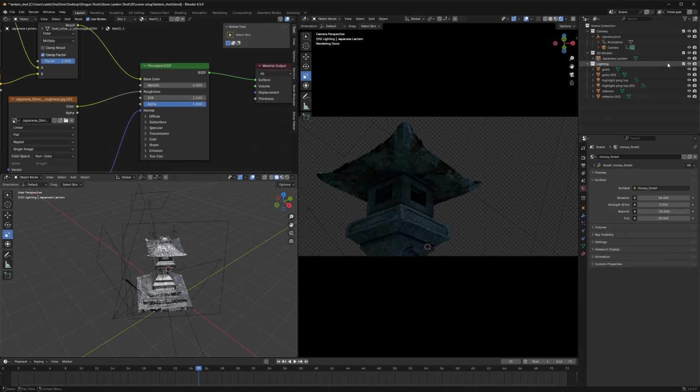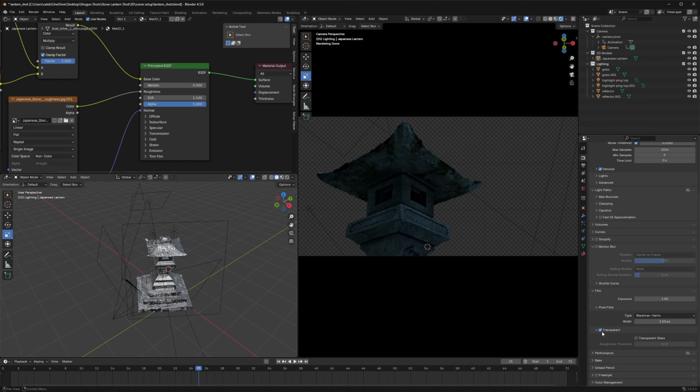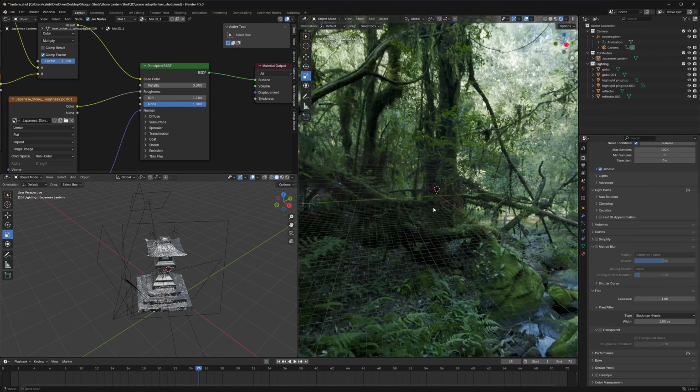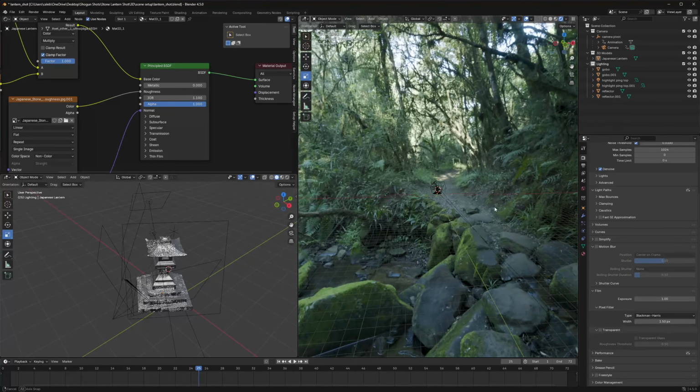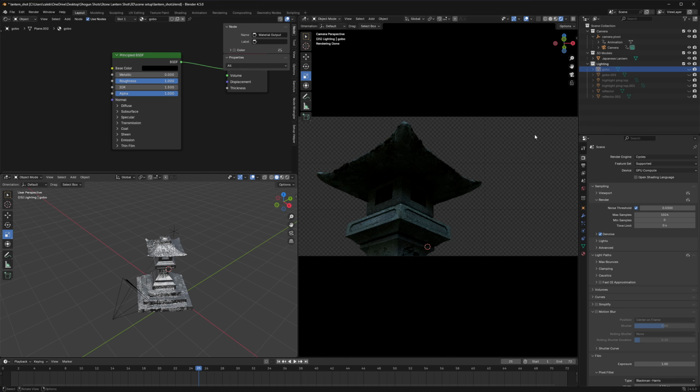But let's talk about lighting a little bit. So I used, let me show you what it looks like. Go to film, turn the transparent off. So this is the HDRI I used. I figured it was the closest thing I could find to a very dense forest in Japan. Okay, so here's the base HDRI right here. Obviously, this is not quite the lighting of the reference, so a little trick you can use, instead of using